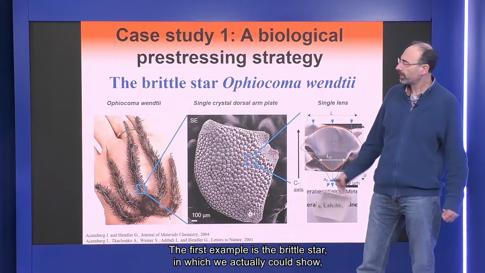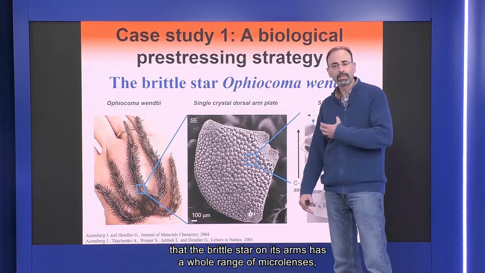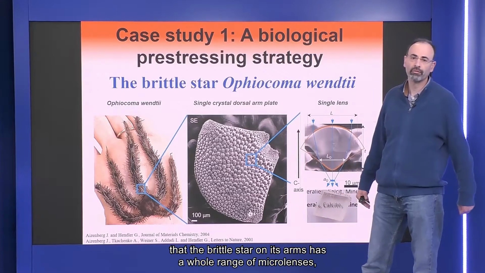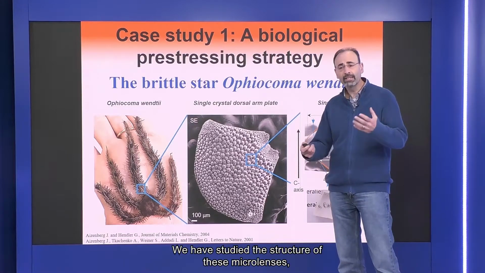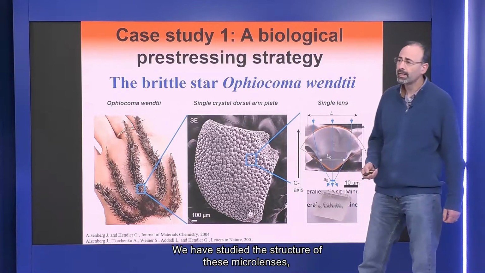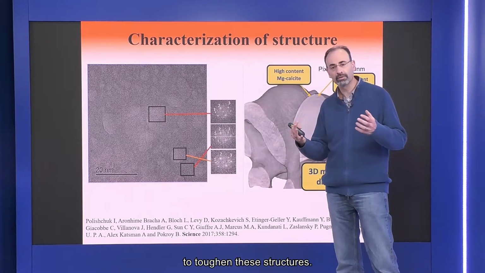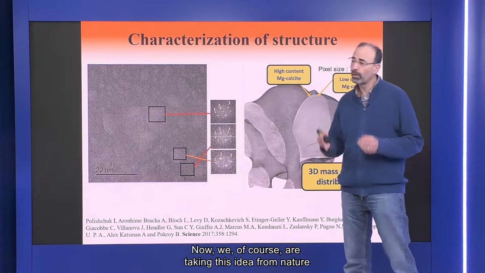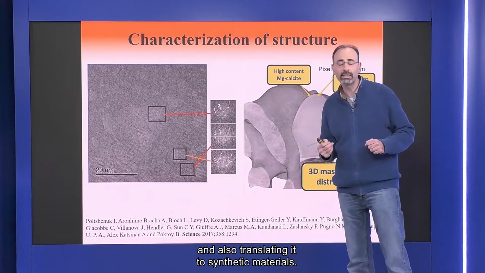The first example is the brittle star, in which we actually could show that the brittle star on its arms has a whole range of micro lenses, optical micro lenses. We have studied the structure of these micro lenses, and we showed that they have a nice mechanism, a biostrategy, to toughen these structures. Now, we of course are taking this idea from nature and also translating it to synthetic